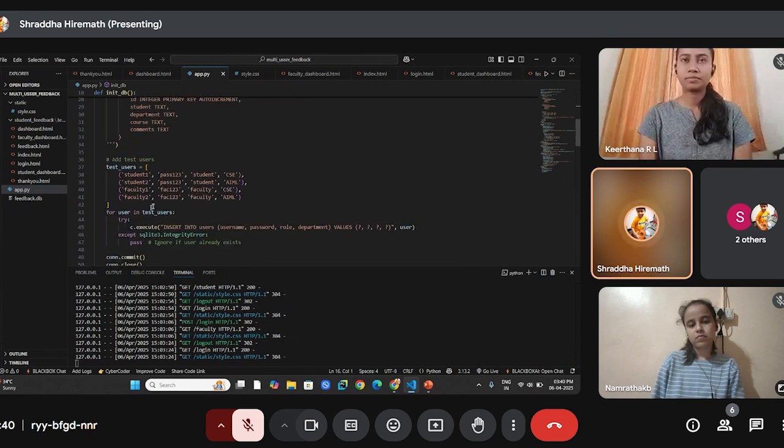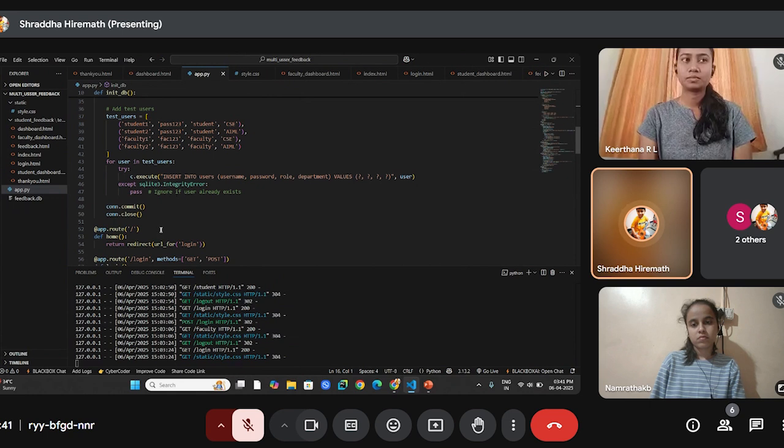After that we have used some dummy passwords and users for testing. These are our inputs, student name as well as the passwords. Here we execute it to insert the username, password, and the role, meaning whether it is a faculty or a student.